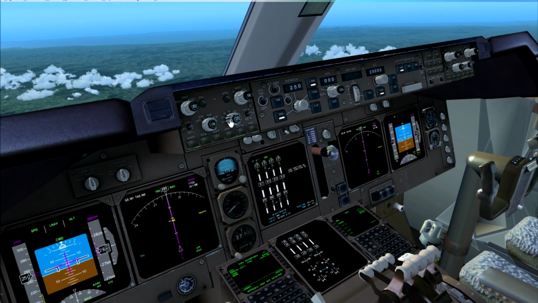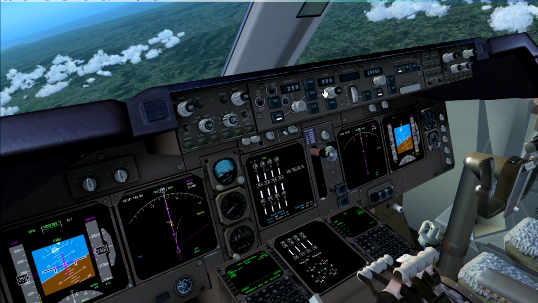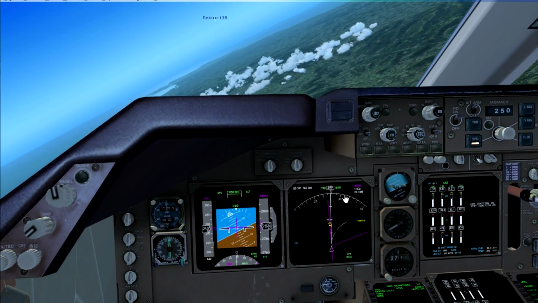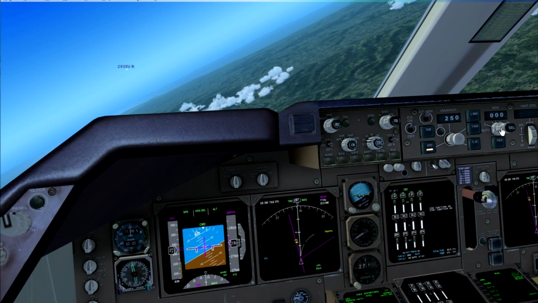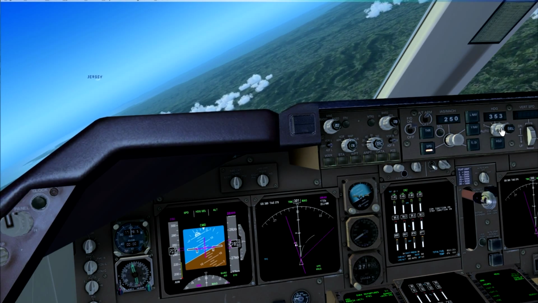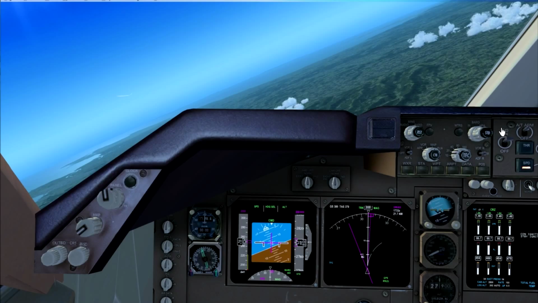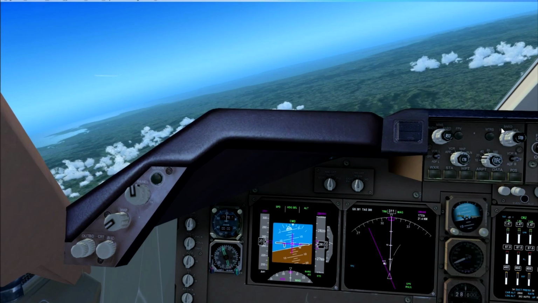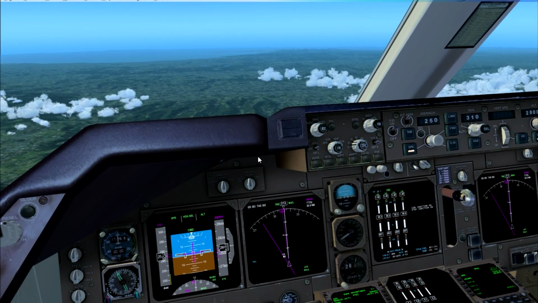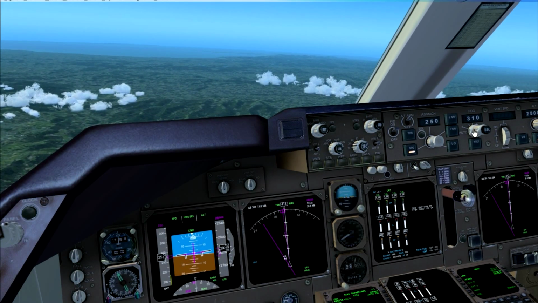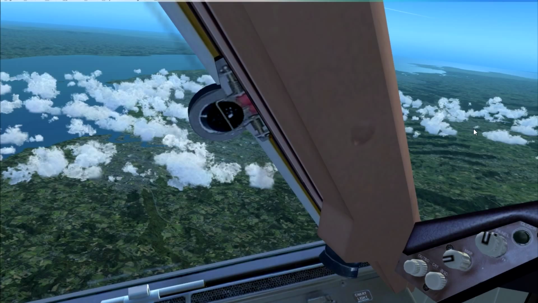Let's try the traffic. It's 16,000 below and climbing. So what we'll do is we'll do a select and we'll go over to the right of the aircraft. And what we'll do is this, he passes us. I don't know why he's not doing any evasive action, but what are you going to do? He's at an odd altitude for his flight path, but whatever. As soon as he passes us,